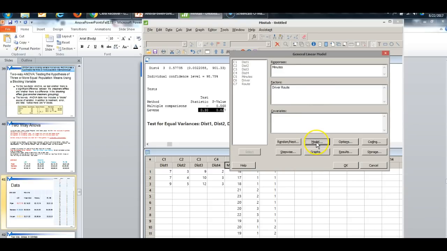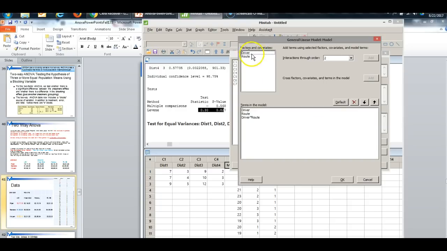So everybody get that? Let's try that one more time. We're going to go to Stat, ANOVA, General Linear Model, Fit General Linear Model. Put in Response: minutes, Factors: driver, route. Next, we go to Model. In Model, we're going to highlight both, and I do this by highlight, shift,